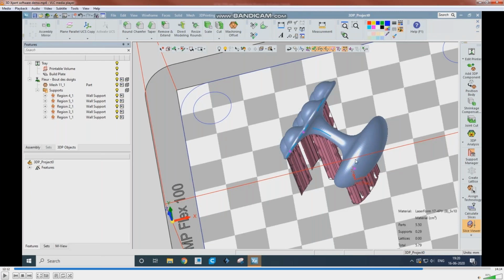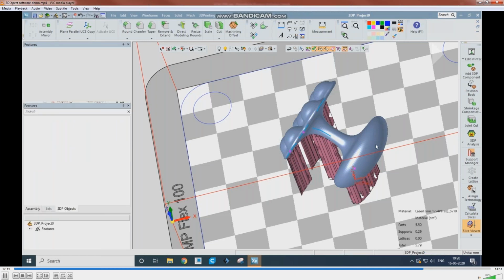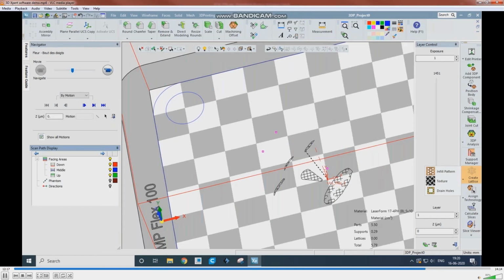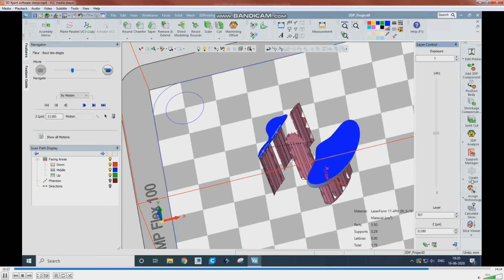But I need to provide the sections, open sections to access the trapped powder. So that may damage the part. So that is waste of time. Like if other parts, you may open section parts, we can go for the infill pattern by creating the lattice.